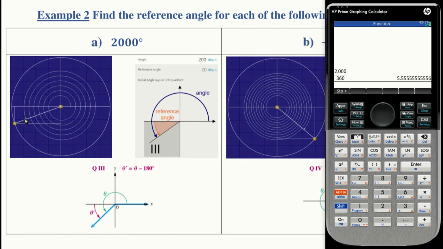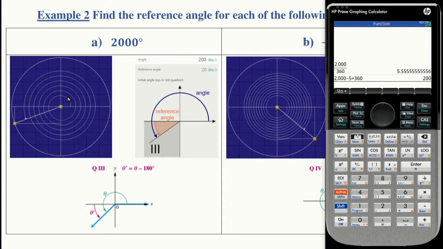So now we would like to know what is the smallest positive angle which is coterminal with 2000. So to do that, remember, all we have to do is take 2000, now that we have figured this out, and we're just going to take away 5 full revolutions. So 2000 minus 5 times 360,